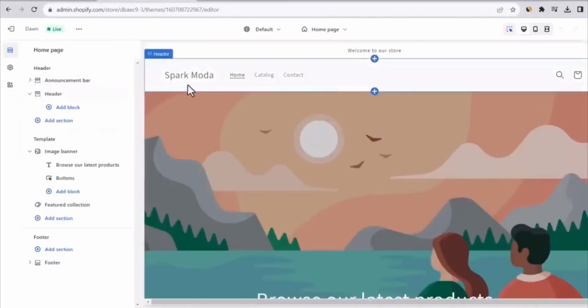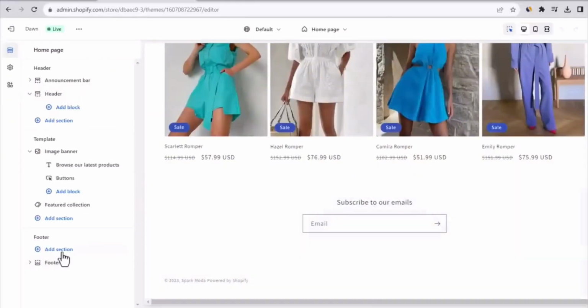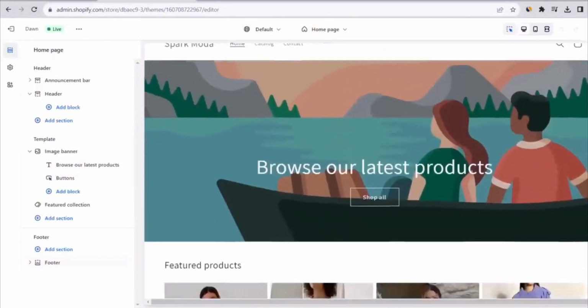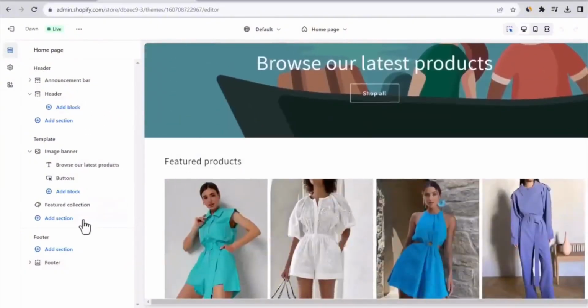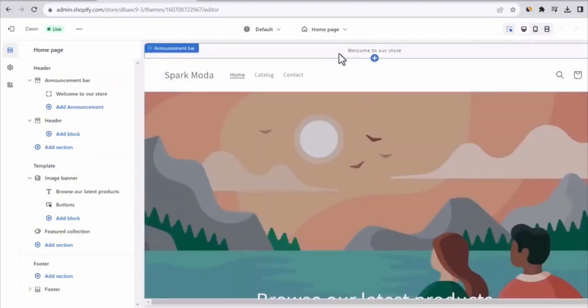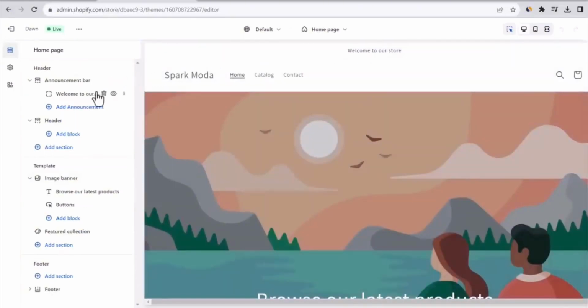Then, the site is built up in different sections, so it always starts with a header section here on the top, and then all the way in the bottom, there's the footer section where you're gonna have a couple of links and your legal pages and so on. And in between the header and the footer, there are the sections which you can decide what you want to put in here. Actually, it's extremely simple, so let's start building, and we're gonna start from the top, and select